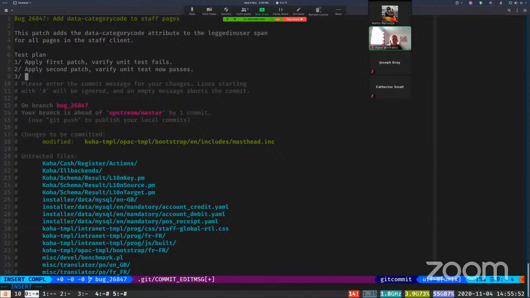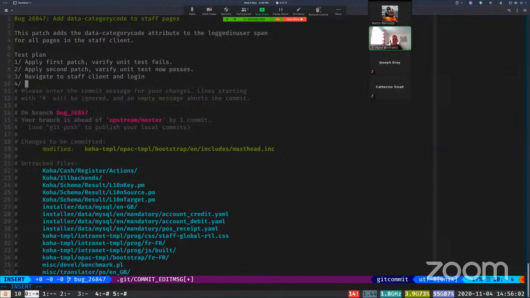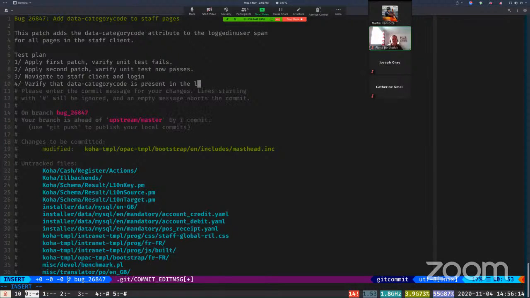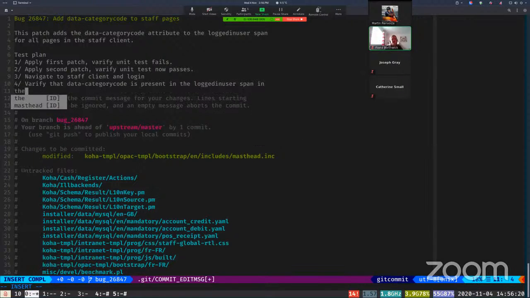So navigate to staff client and login and verify that data category code is present in the logged in user span in the staff client. So this is still going to be slightly difficult for a complete novice, but I will show how to verify that in a moment. So we can save our commit,